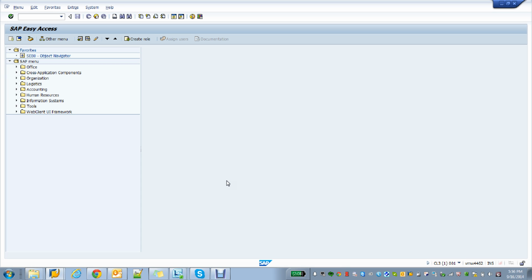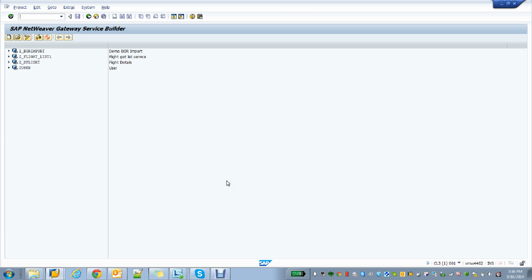Hi. In this session, we will see how to create a simple NetWeaver Gateway service. The transaction is SEGW, used to create a NetWeaver Gateway service. This is the place where we create our gateway services. Usually we create our gateway services based upon two things. One, we create it through an RFC, or we can make use of an existing business object to